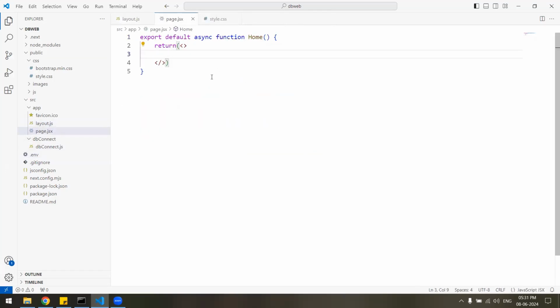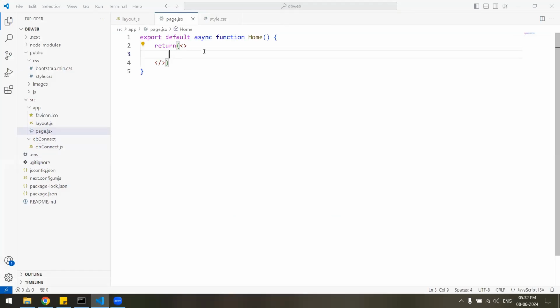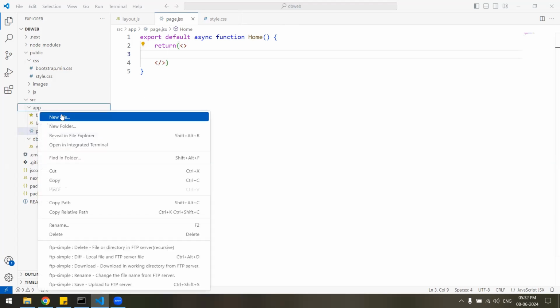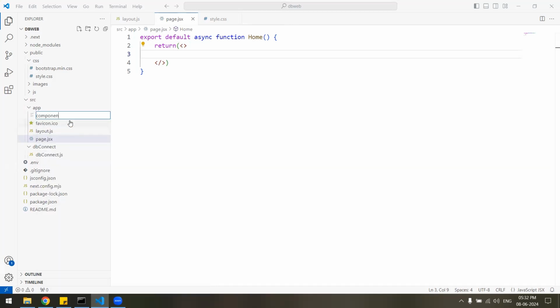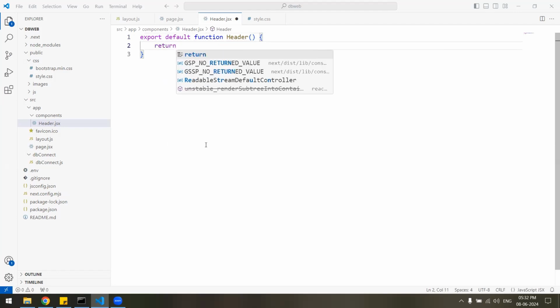Now, on the home page, I'm not going to do much on CSS. Instead, we'll focus more on the database operations in these videos. So in the home page, and before that, let me make a header component, a navigation. So let's say components, header.jsx, export default function header, and will return